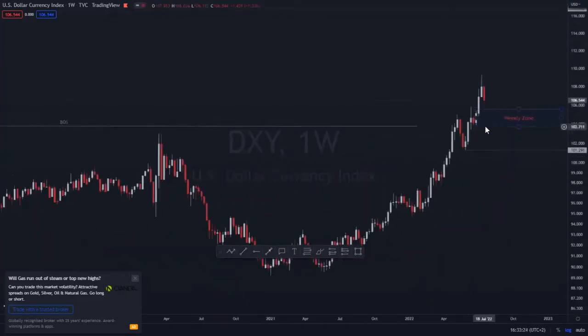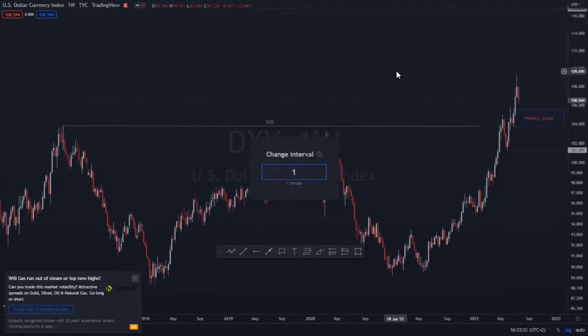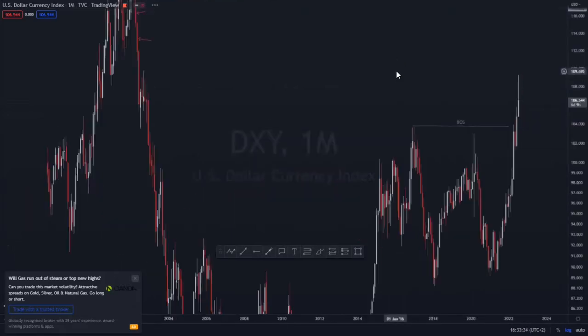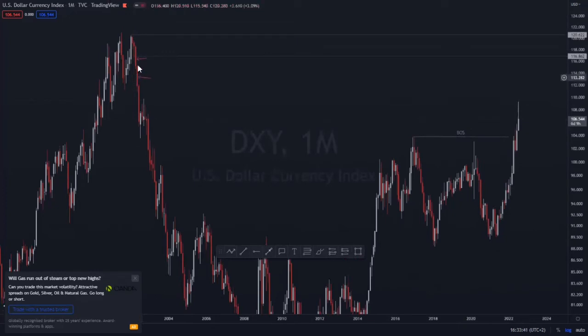Now, we expect the market to continue towards the upside because if you look at the monthly price, let me just go to the monthly. The price has incentive to go to this level right here because there are unfilled orders over here, right? Now, going back to the weekly,